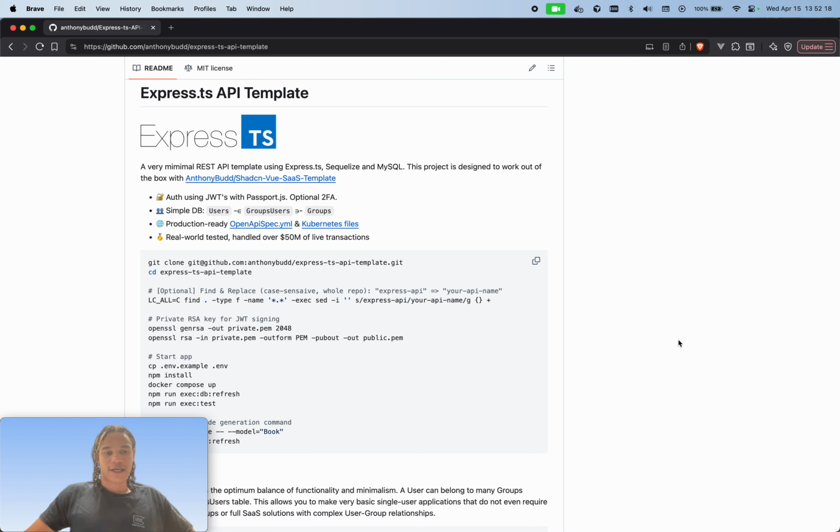Hello everybody, my name is Anthony Budd, and today I'm going to be giving a brief overview on my project, the Express.ts API template. Now this project basically contains all of the functionality that pretty much every SaaS application is